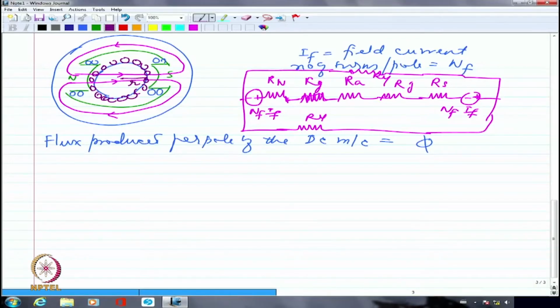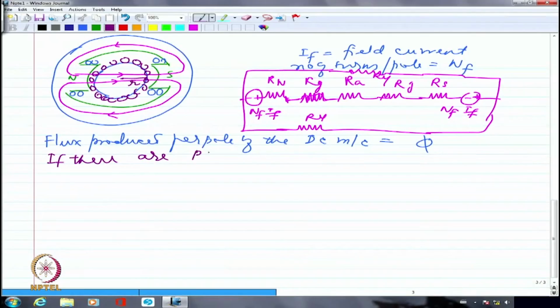If I have 4 poles or 8 poles or whatever, each pole is circulating some amount of magnetic field lines. If there are P poles,